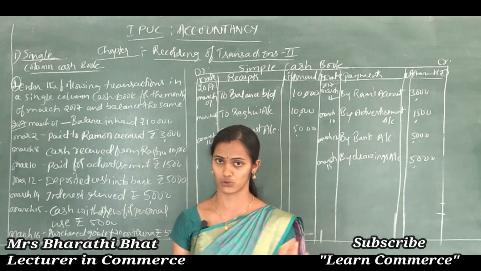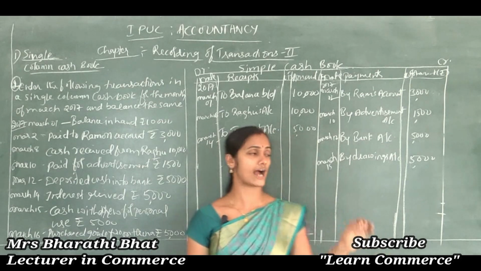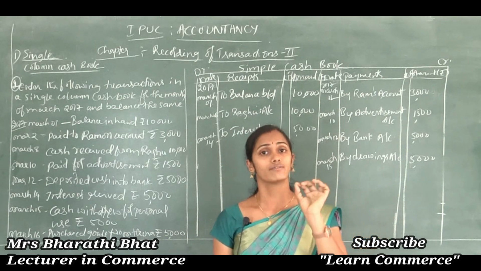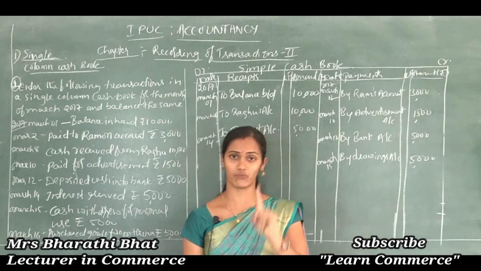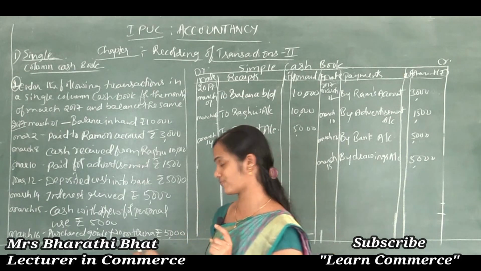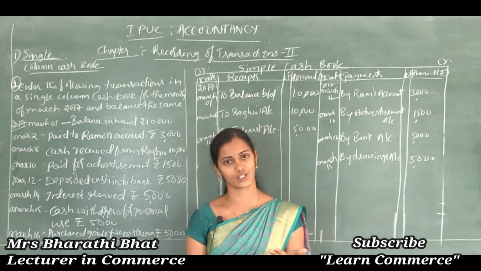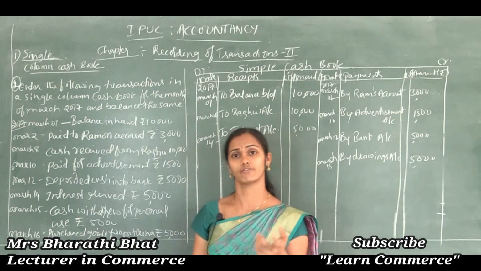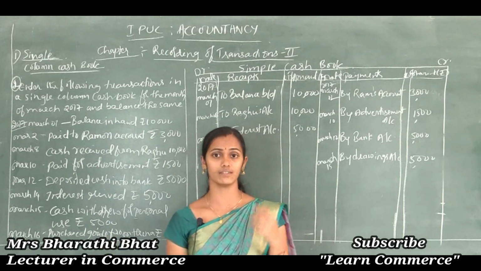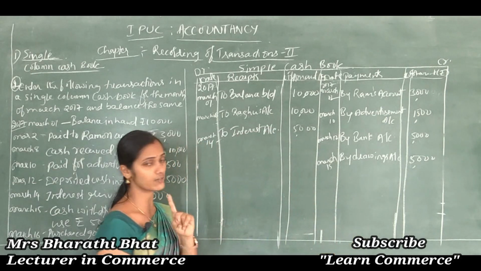Suppose sales, then sales book. So for this transaction, we need to give a note after completing and balancing the cash book. For that note also you will get 1 mark. So don't forget to write a footnote for such a transaction, if such a transaction is given in the illustration. For this transaction you need to give a note like: the transaction dated March 16 will not appear in the cash book, only that much. For that you will get 1 mark.